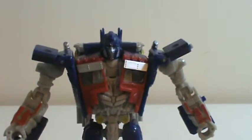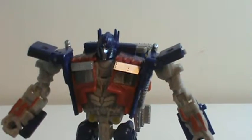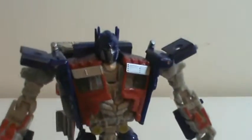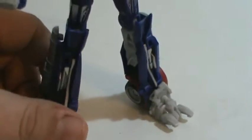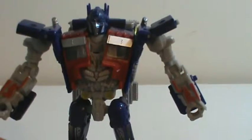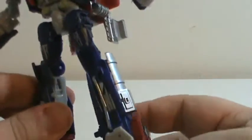Well, where else would it be? And what really impresses me about this guy is, like I said before, his windshield actually becomes the split chest, the windshield chest. His silver carries in very nicely into the robot mode, though most of the silver detail, if you don't count this bit here, ends up in the legs. You can see even most of the robot mode silver that is a part of the robot ends up in the legs. And the silver on the front of the truck is completely useless in robot mode. This is not staying, this leg. Anyway,